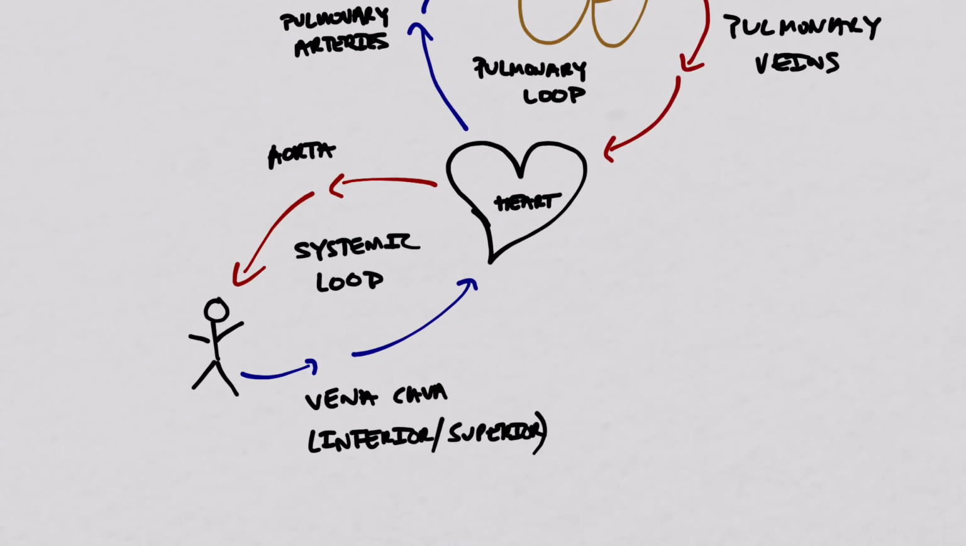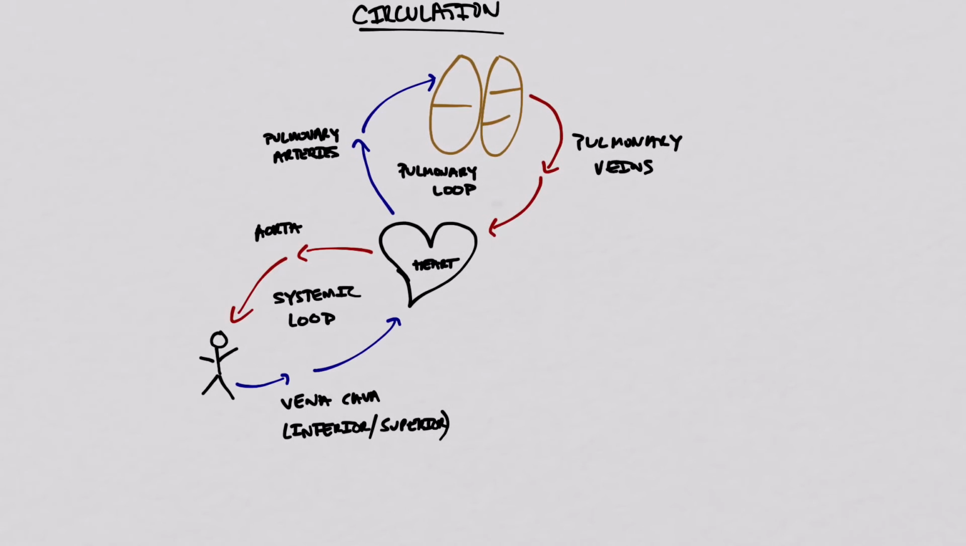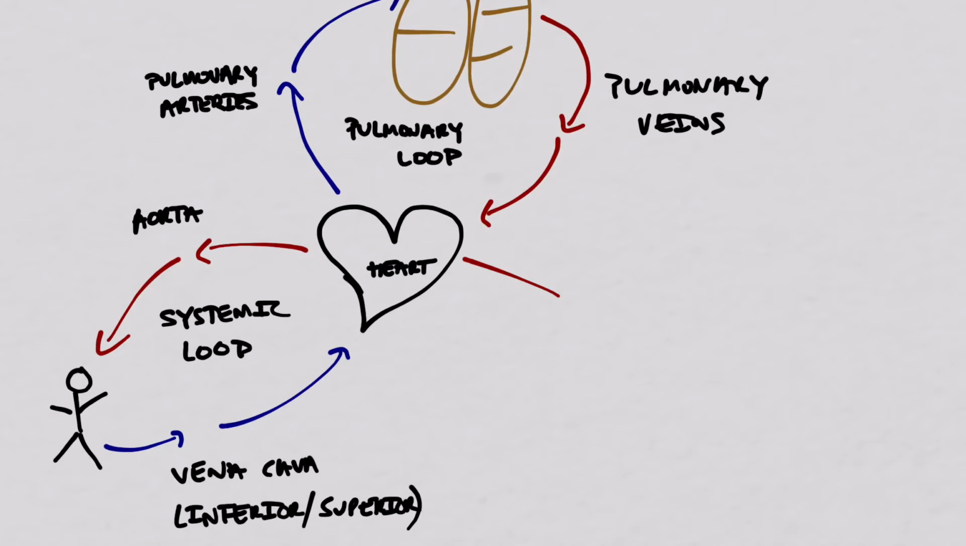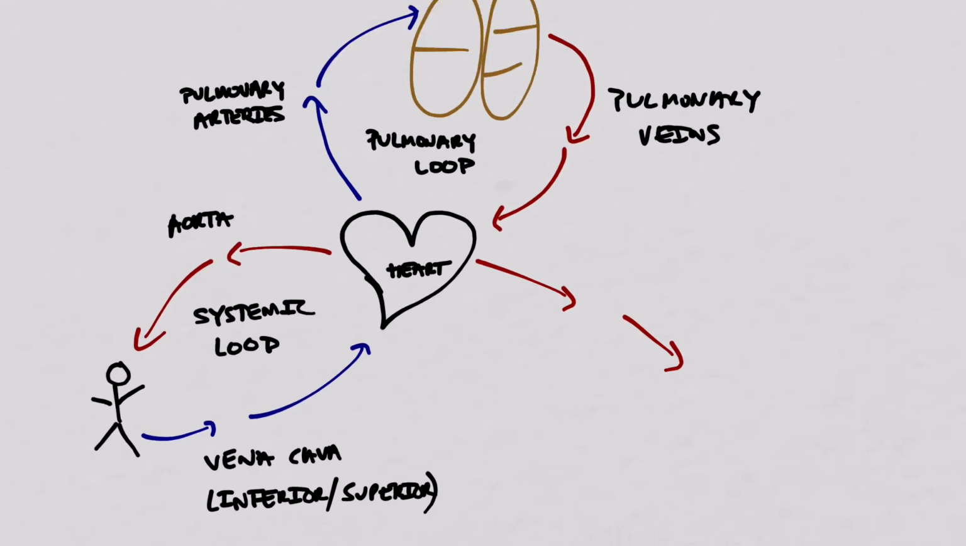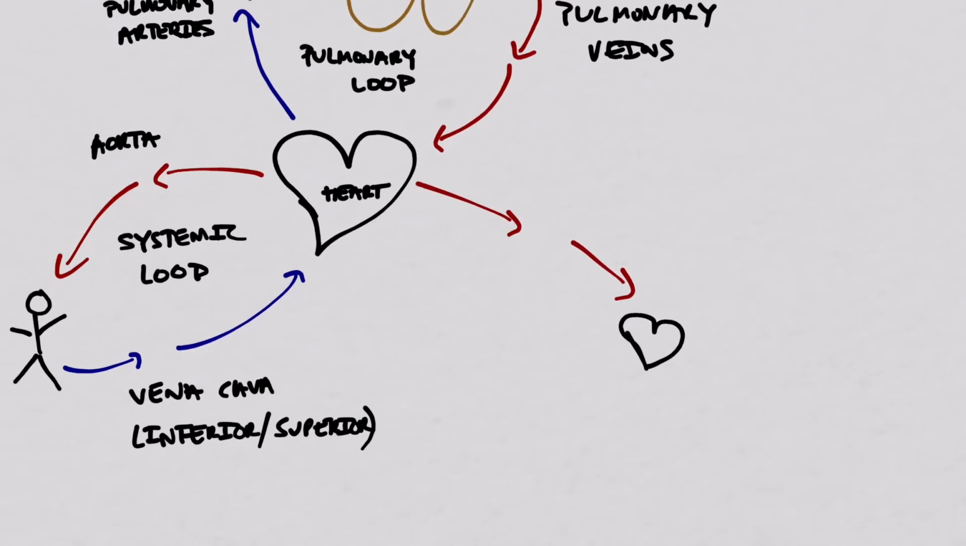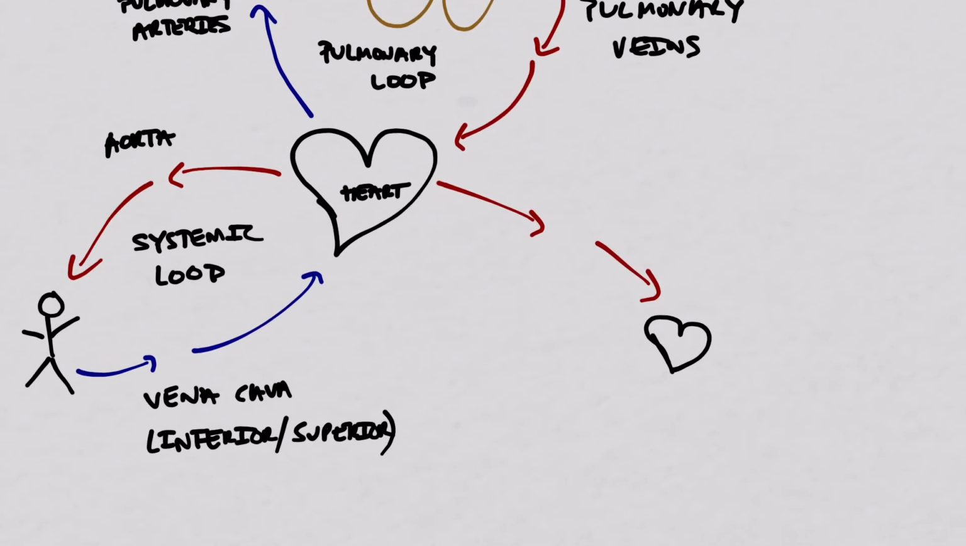So it's delivering blood to your entire system. Okay, and the last loop is a little bit less obvious than the systemic loop, but it's also delivering oxygen-rich blood out of the heart, but it's delivering it to the heart itself. This is kind of a tricky concept to wrap your brain around, but the heart itself is a muscle, and because it's a muscle,